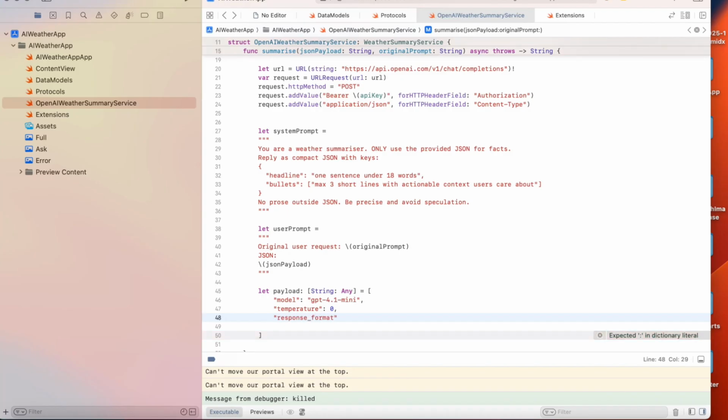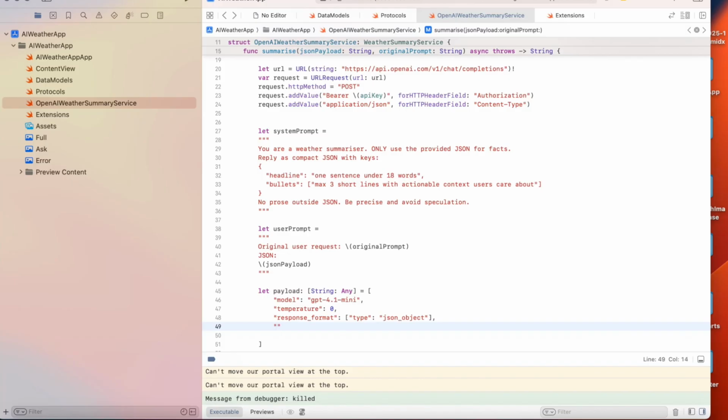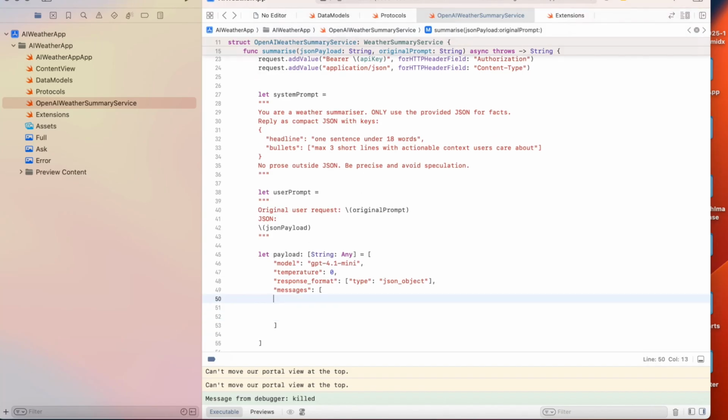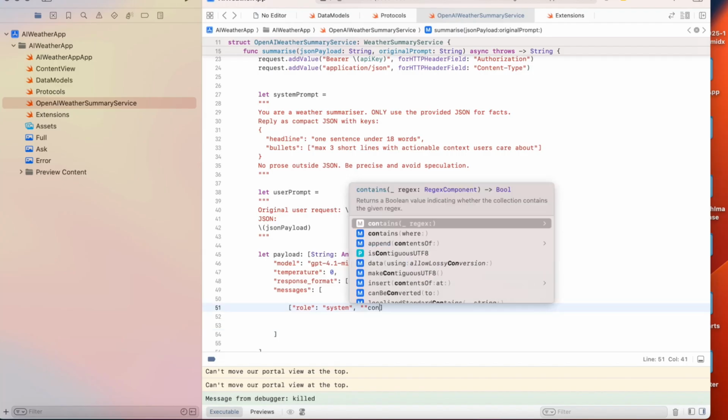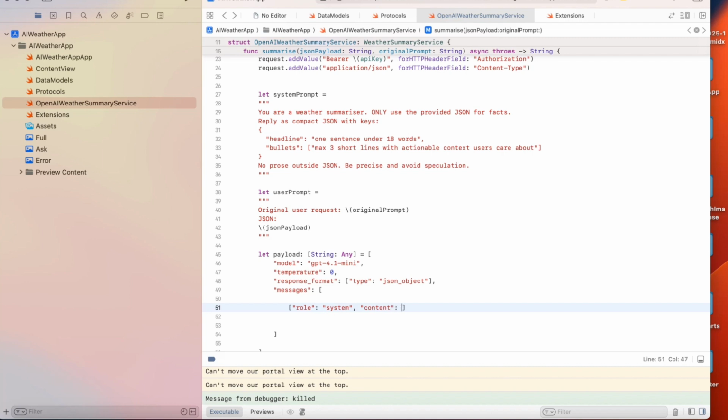Response format, type, JSON object, messages, and then move to the following. Role, system, content, system prompt,